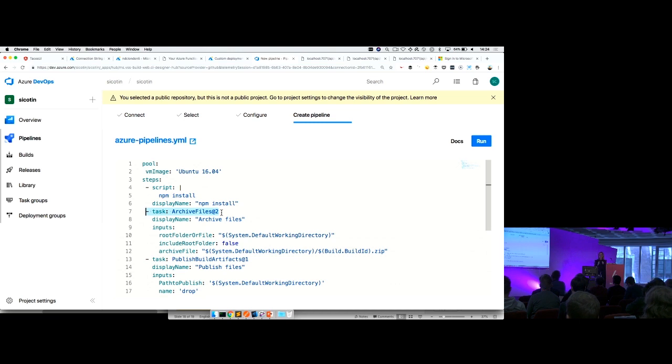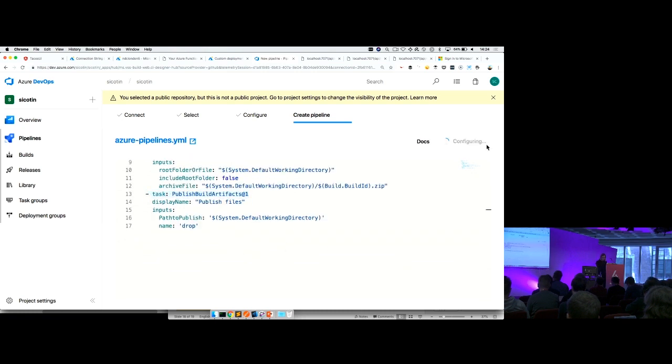And this is a task that's predefined in Azure DevOps. This is the name of the task. This is the display name of the step that we're executing right now. And then the next thing that I want to do is publish that zip file to a location in my Azure DevOps environment. And I'm going to run this.